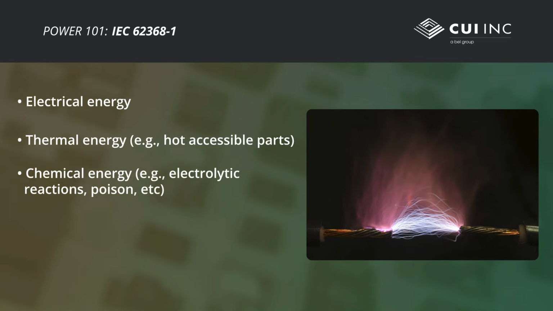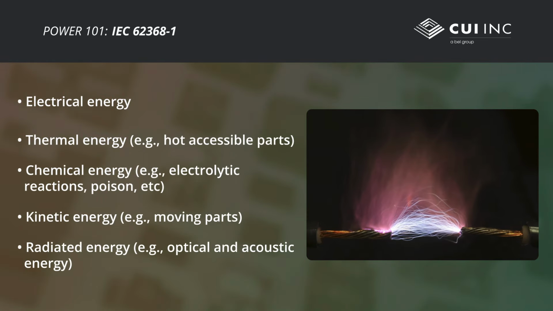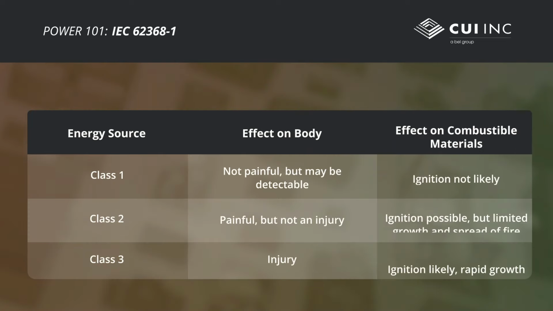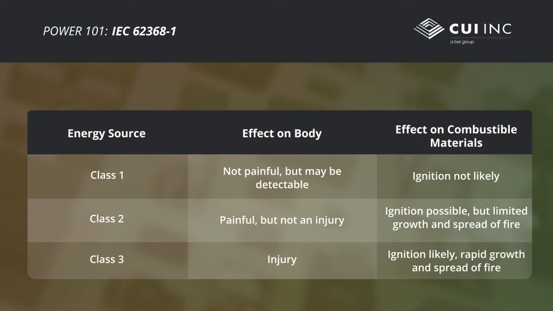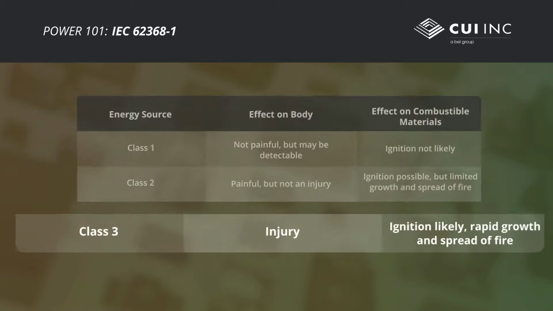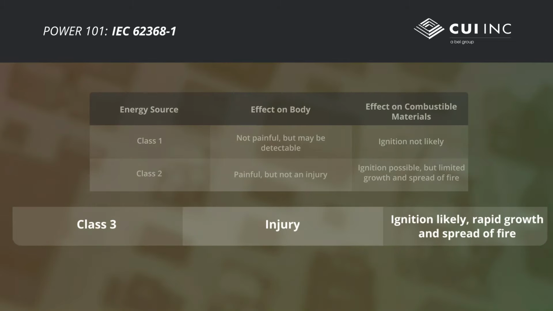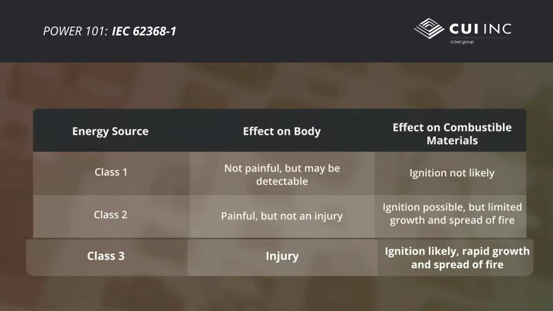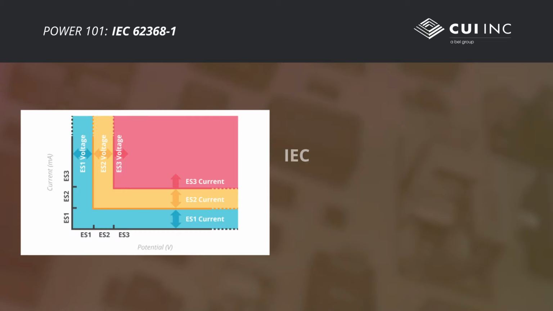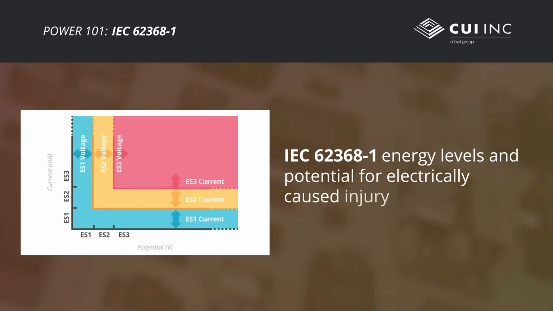Energy sources include electrical, thermal, chemical, kinetic, and radiated energy. All energy sources are classified according to their potential for bodily harm and fire risk. For Class 3 energy sources, a reinforced safeguard is required in order to protect the user. In electrical energy sources, current and voltage limits now vary, allowing for a more intuitive understanding of potential equipment hazards